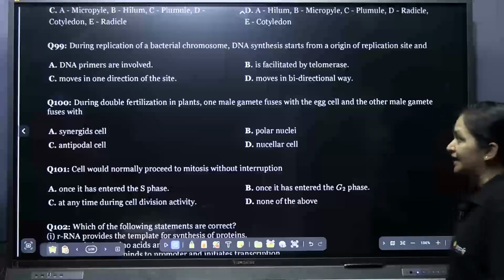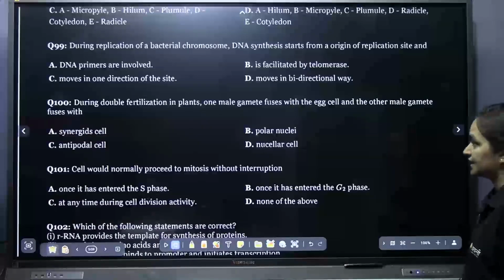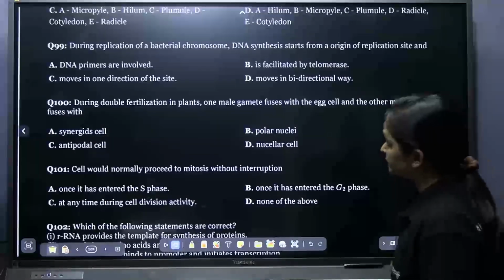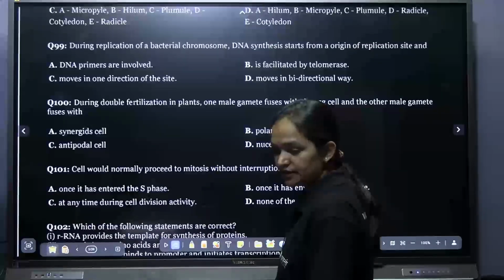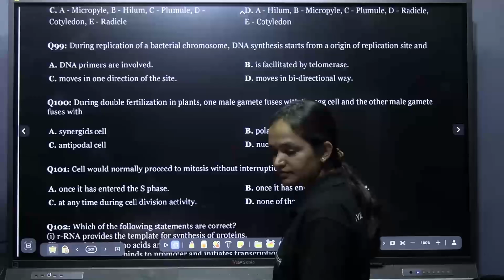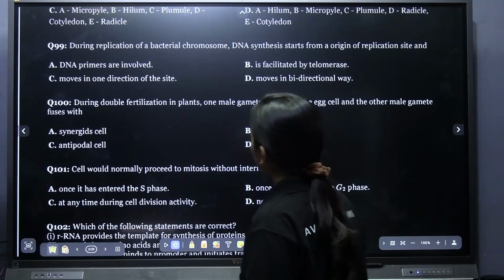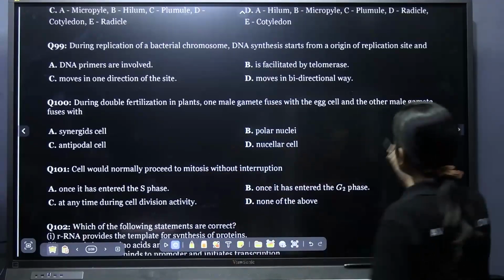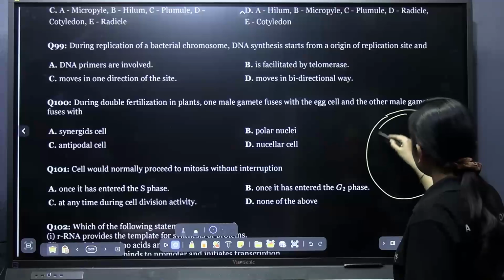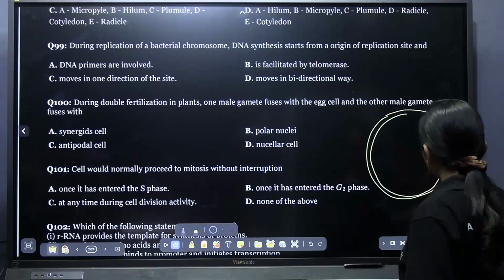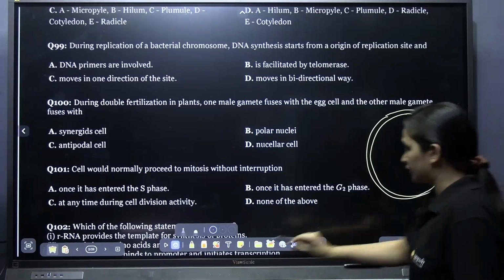During the replication of bacterial chromosome, DNA synthesis starts from origin of replication site and DNA primers are involved. Yes, yes. The answer is? Option C: moves in one direction of the site. No, actually, you know, bacterial chromosome is actually circular, right? The bacterial DNA is circular DNA. If for example,